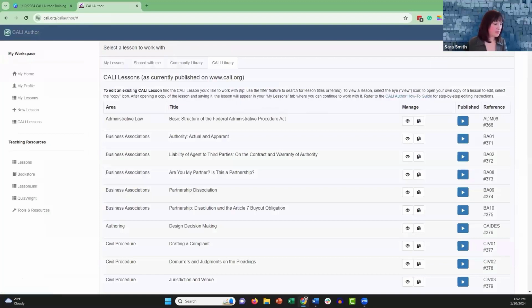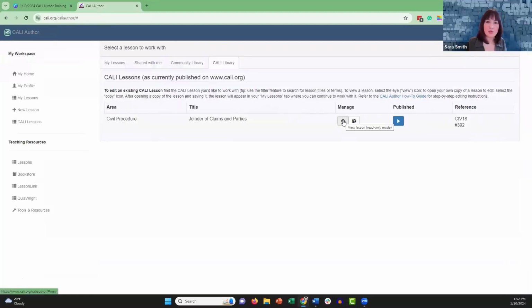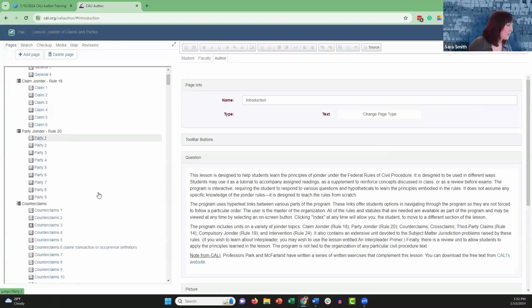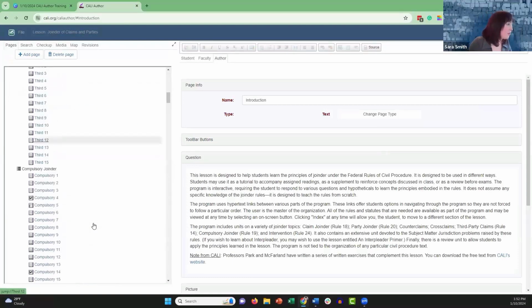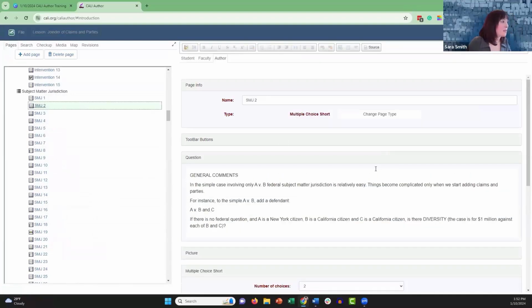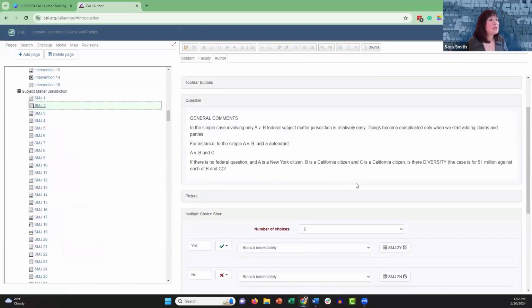Second example is going to be joinder of claims and parties. Once again, I'm just going to view the lesson. All right. And the example is on page, so it's way down here, SMJ2. All right. So notice here, they provide some facts, and then they ask whether or not diversity is